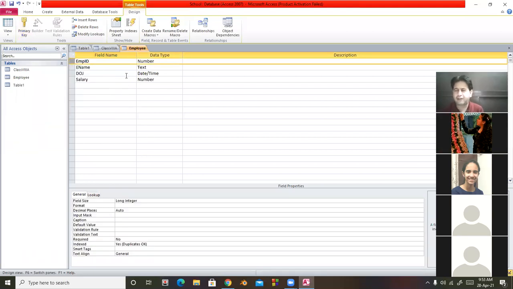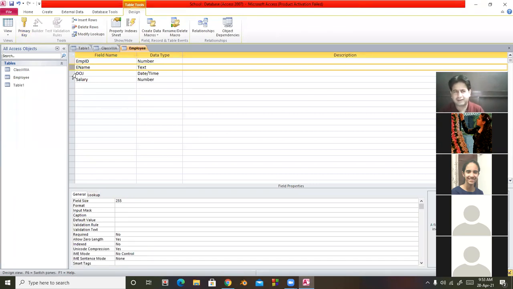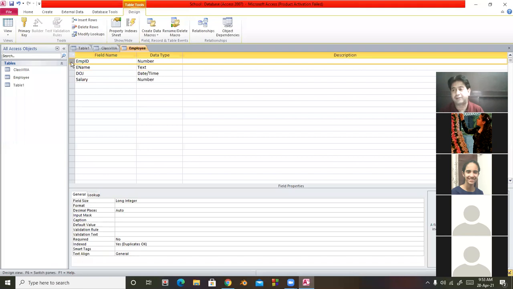In the case of design view, different fields are there. If I select a field, that field will be selected and a gray color highlighting appears in front of it. This is called the field selector button. You have to right click on it, then click on primary key, and the primary key is set. And the second time you right click and click on primary key again, the primary key will be removed. Another method is to select the field, and in the Design tab there is the primary key button in the Tools group. Click on that and the primary key will be inserted.